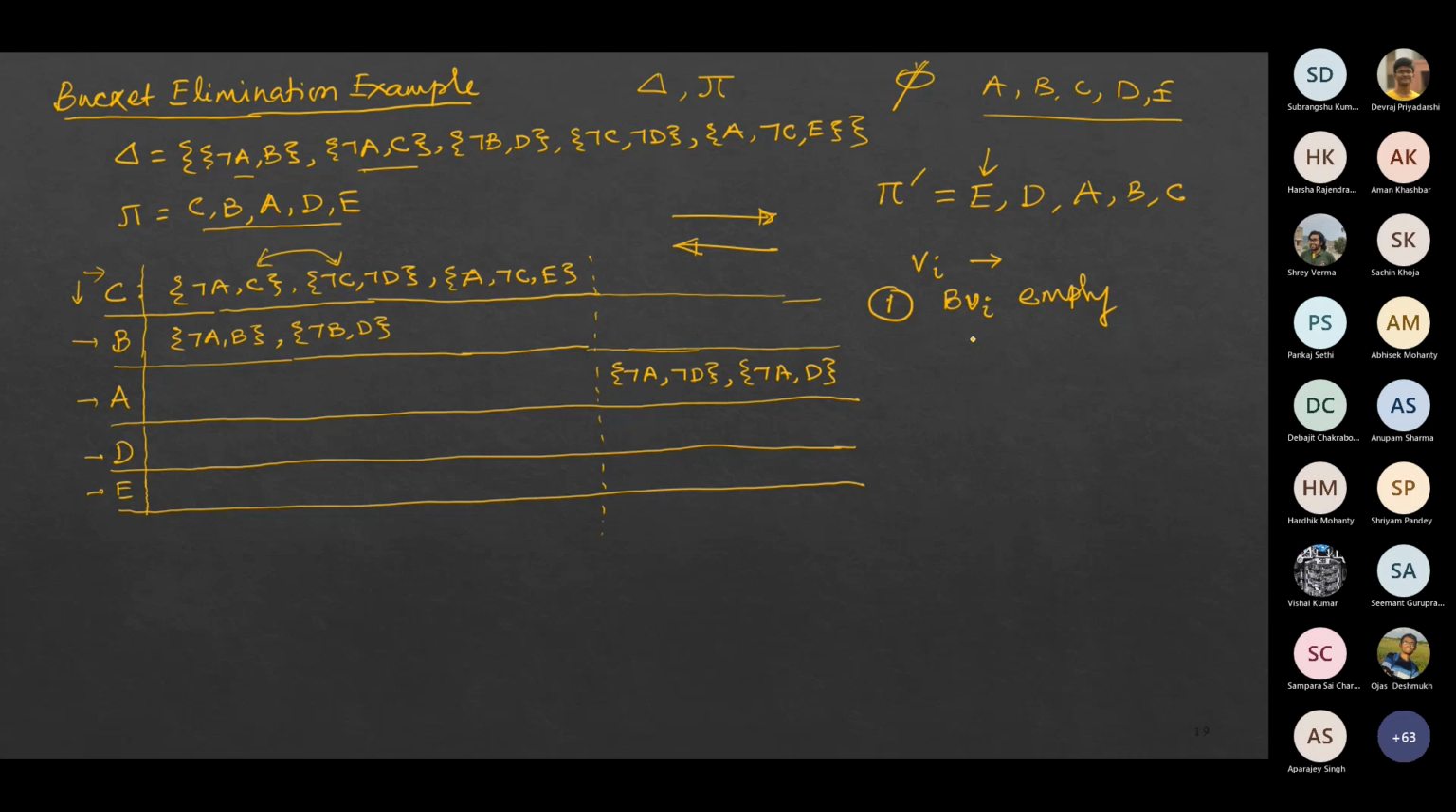So what we can do in this case, we can assign any value, right? Now with this, let us try to work out the solution as we are going forward. So we can assign, say, true to E. Now the second rule is, if B_Vi is not empty,